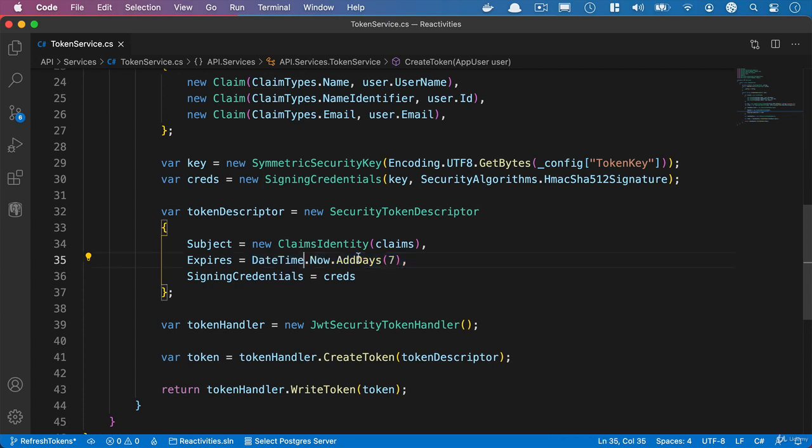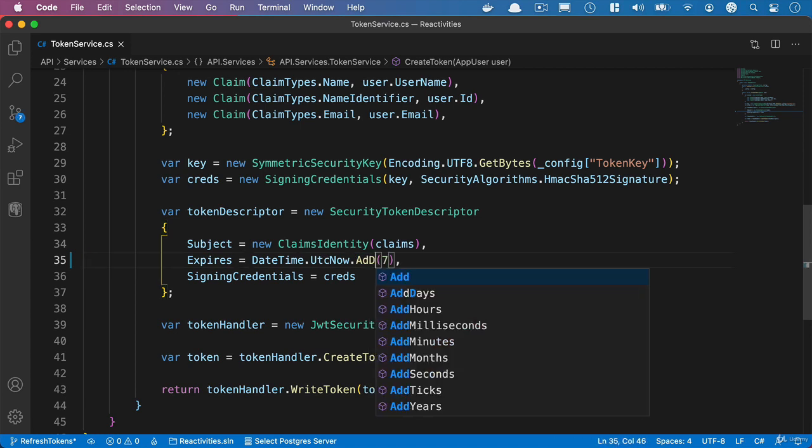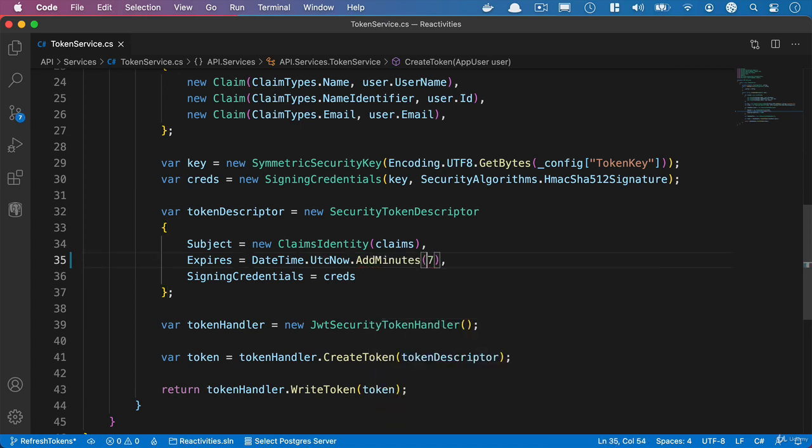Now we're going to change this, and we won't use date time now. We need to be a bit more accurate. So we're going to say UTC now, and then we're going to say add minutes. And just for testing purposes, we're going to set this to expire in a minute. And this will save us from hanging around too long waiting for a token to expire to see if our